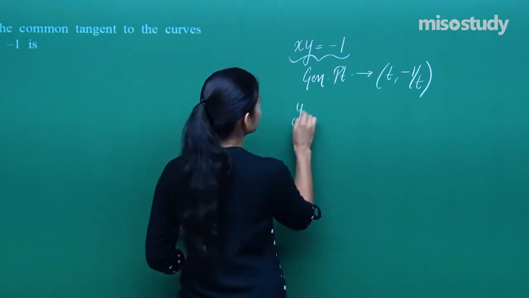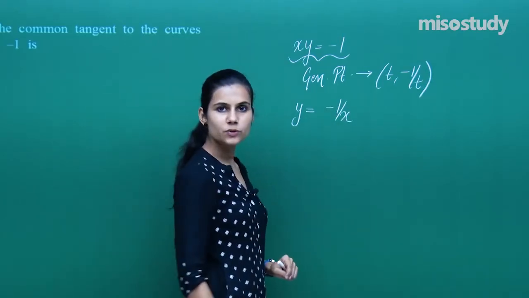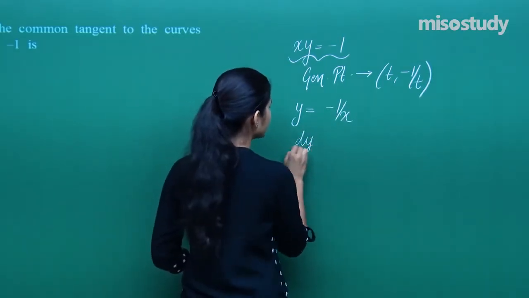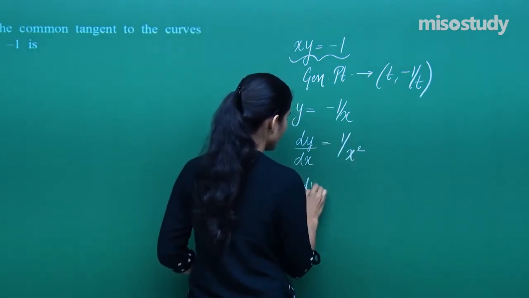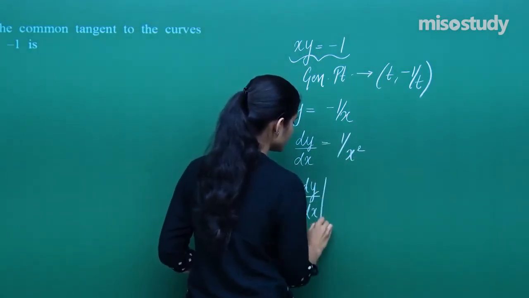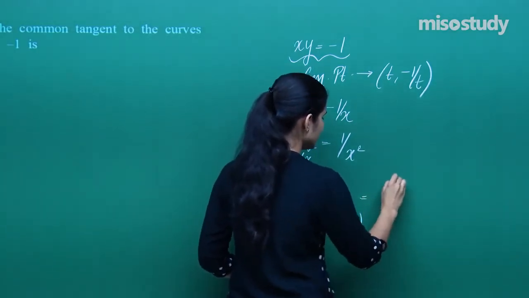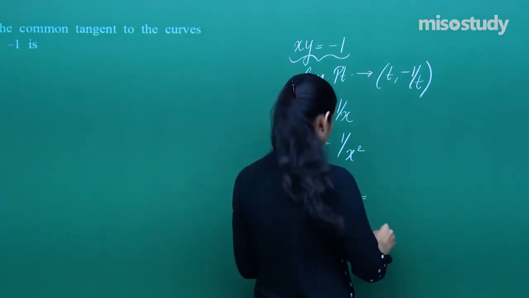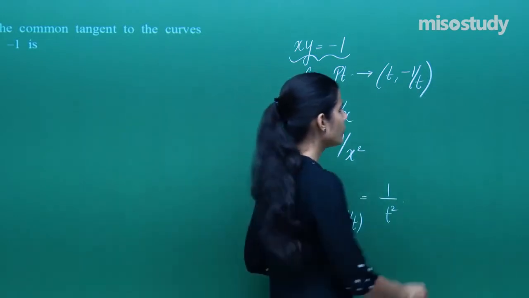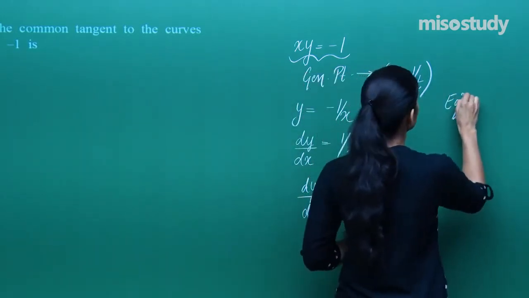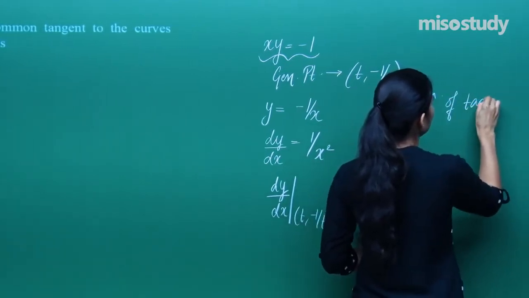Now if I consider this as a function of x, I get y equals minus 1 by x. So dy by dx gives me 1 by x square. What is the slope of this function at the point t comma minus 1 by t? X is t, so you get 1 by t square. Therefore, the equation of tangent to this curve at a general point will be